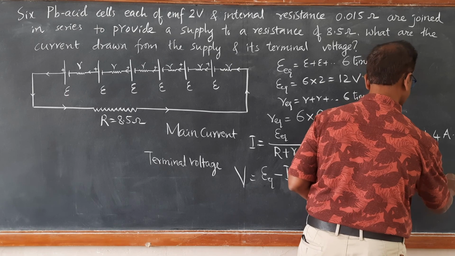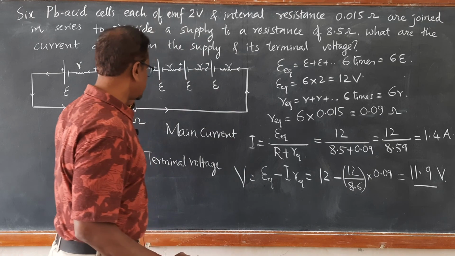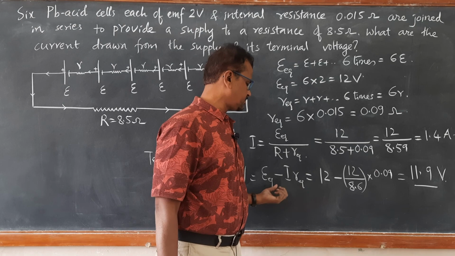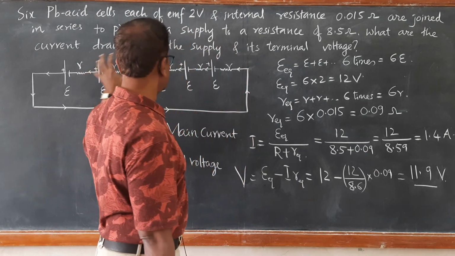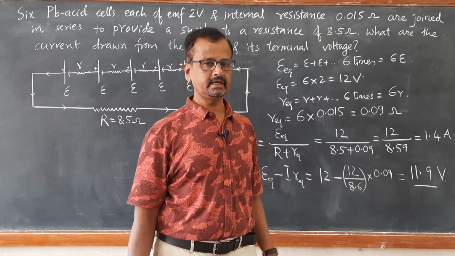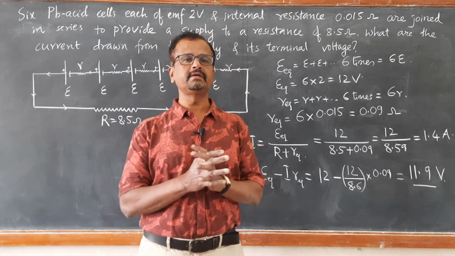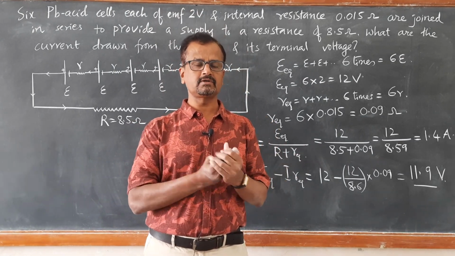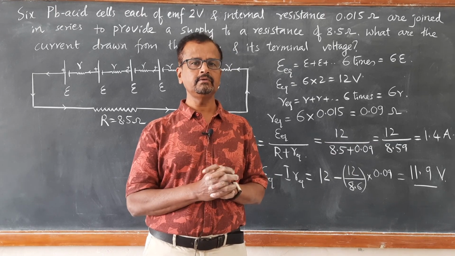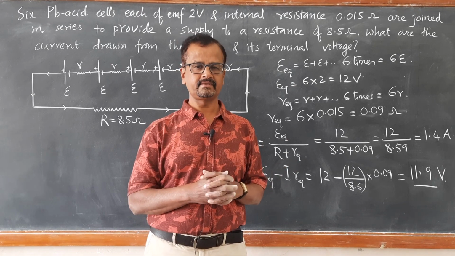So the terminal potential difference will be less than the equivalent EMF. Terminal potential difference will definitely be less than the equivalent EMF of the battery. So this is also called a lead acid battery, which consists of 6 cells, right? So this is a very simple problem. Like this you will find different varieties of numerical problems on cells, combination of cells, right? Please solve them, then you will come to know the concepts very clearly. Thank you. Have a nice day.